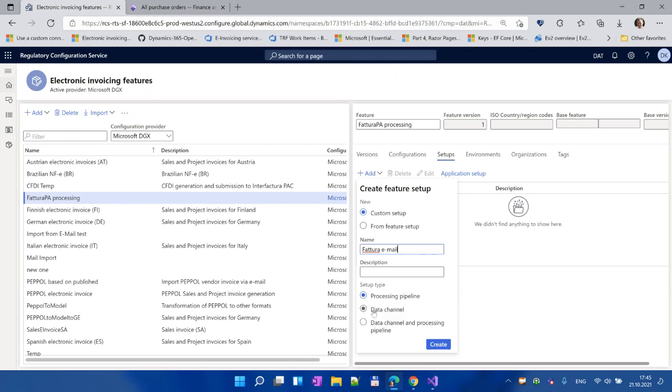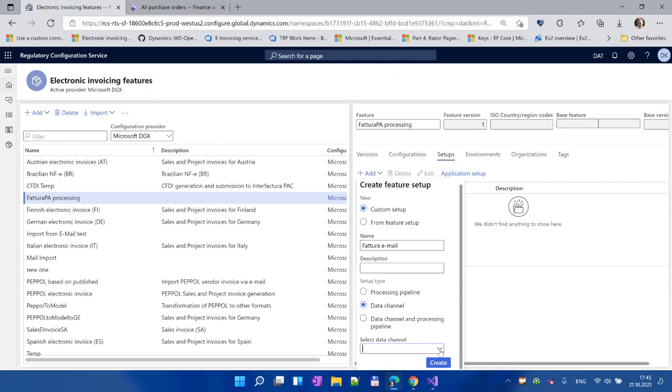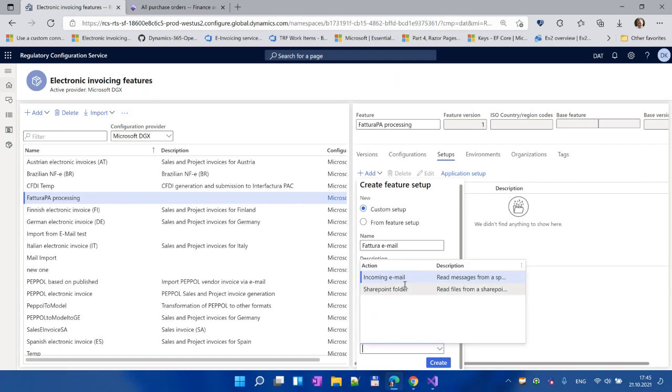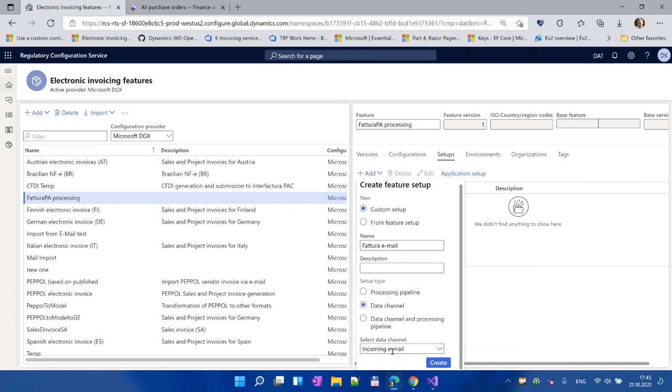The first one just takes the attachment from the mail and passes it to FNO. The next one can do additional steps or actions with the incoming document. I choose the first one because in this scenario I need just to pass it over, and I have two predefined channels that we support right now, and we are working on extending this set of channels. Right now, I will work through incoming email,